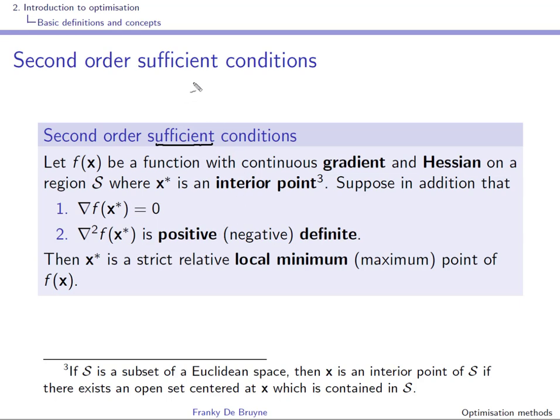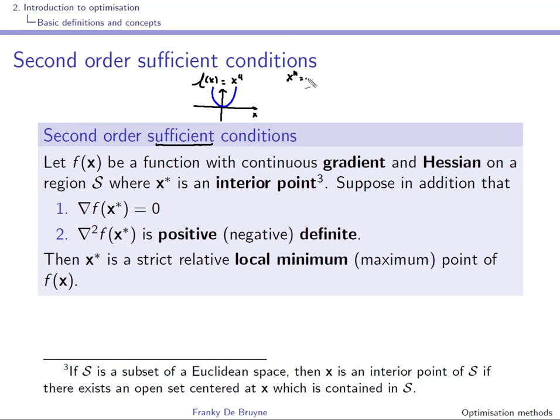To illustrate this, use simply the function f of x is equal to x to the power 4, and you have a very similar plot to the function f equal to x squared, except that things are going to increase much faster when x is increasing. So we know that we have here a local minimum in 0,